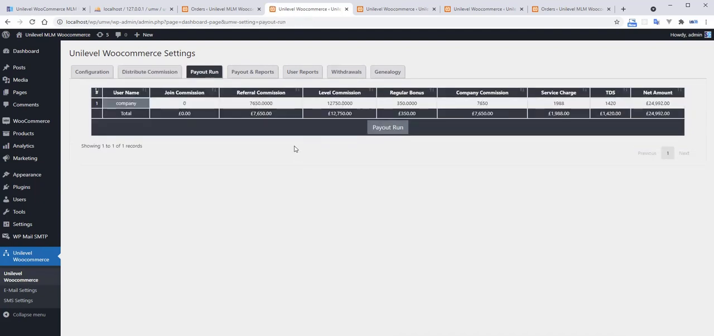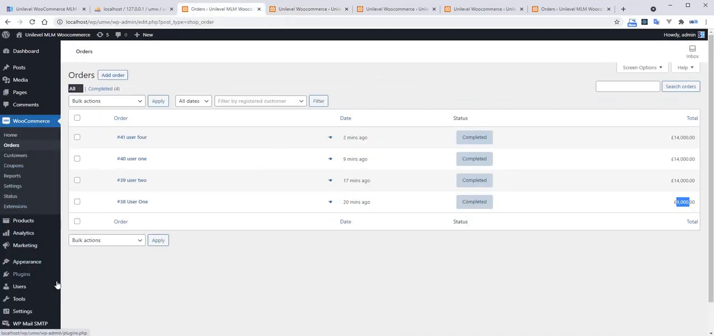Now I am going to the payout run. In the case of the payout, this is the referral commission, this is the level commission, this is the regular bonus commission, and this is the company commission that was not displaying previously. So for every member, 7650 commission is displaying here, and if we consider here in the configuration part